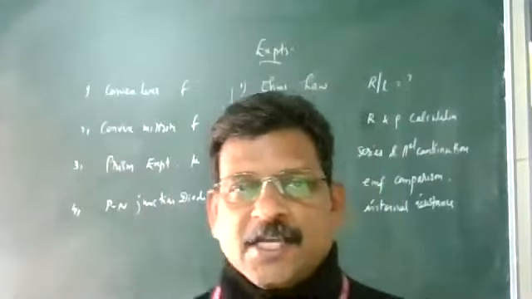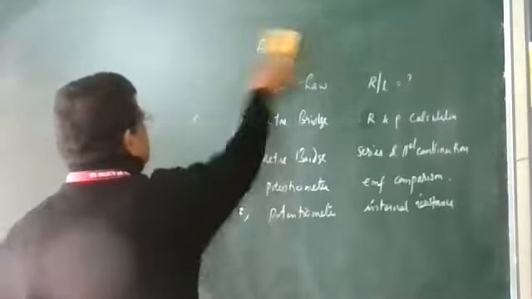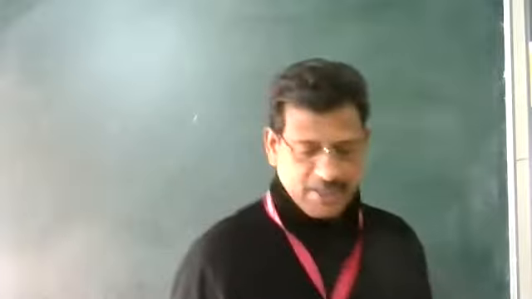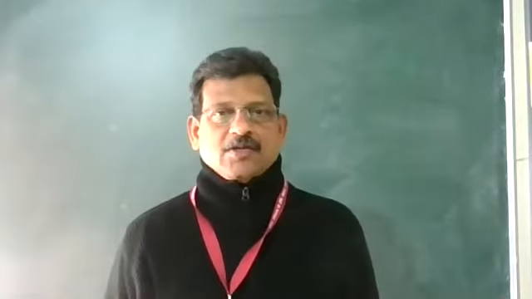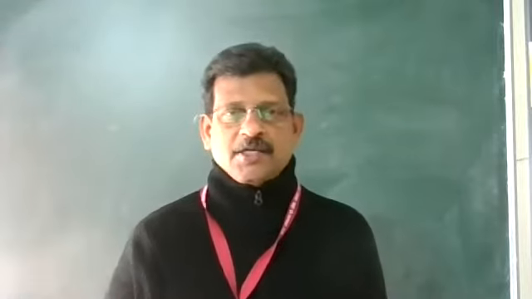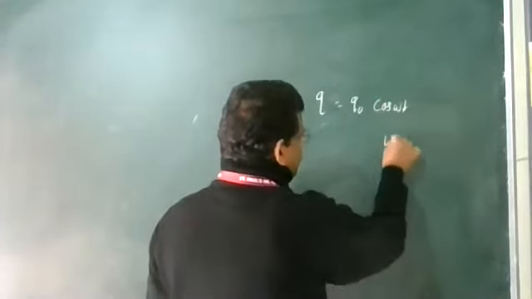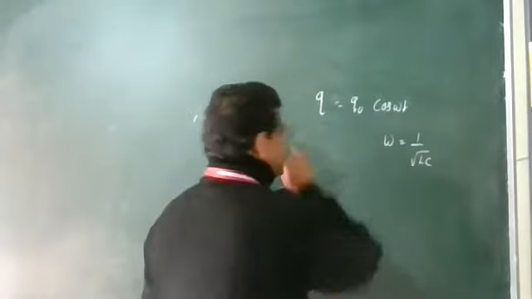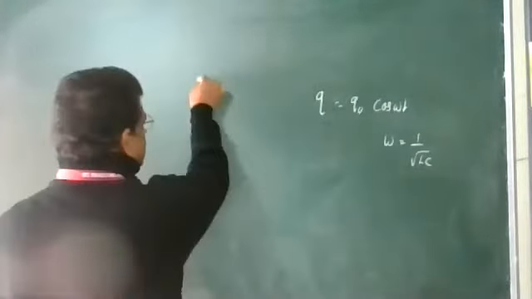Yesterday we have seen the LC circuit, which is known as an oscillatory circuit. In LC circuits, a charged capacitor is connected across an inductor. Electrostatic energy is continuously converted to magnetic energy, and magnetic energy is continuously converted to electrostatic energy. This process takes place continuously, where the charge is oscillating like a simple harmonic oscillator, where omega is 1 by √LC. The charge is oscillating in the LC circuit, so the LC circuit is known as an oscillator circuit.